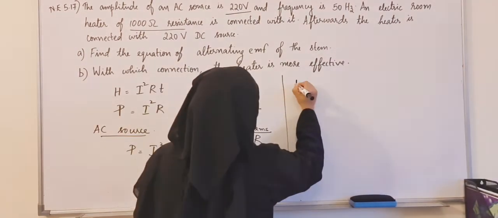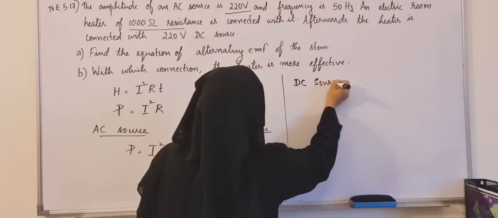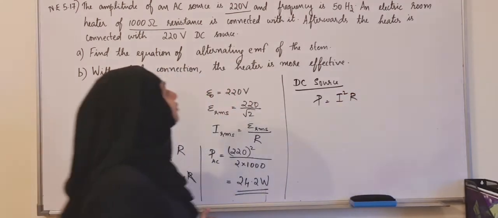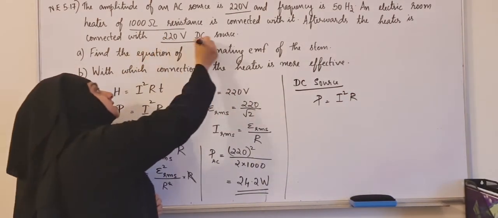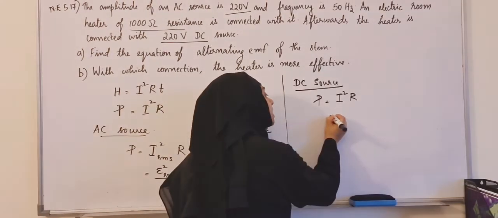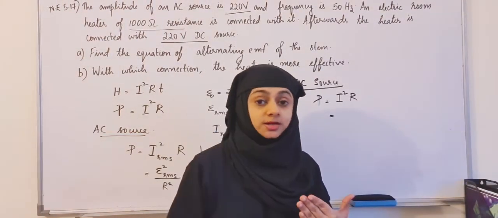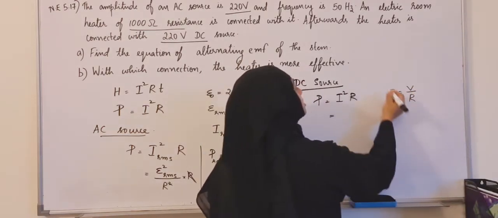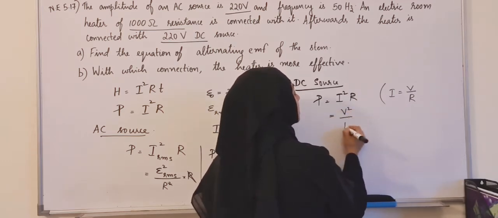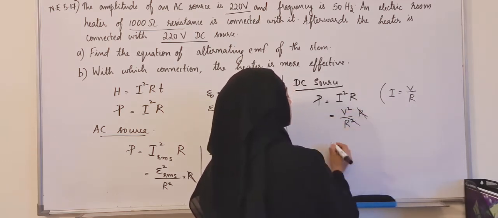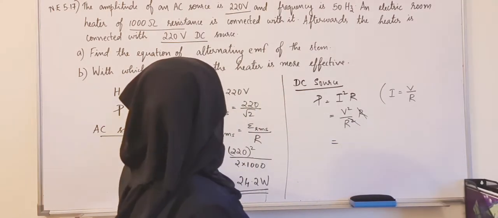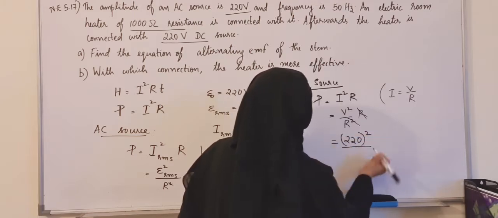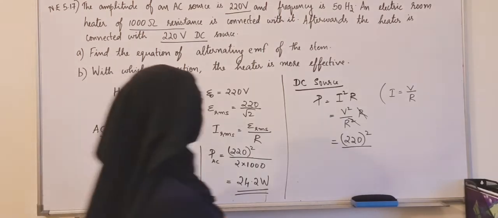So for the DC source, power is equal to I square R. Again, we don't know the current. What is given is the DC voltage. So I can write that current is equal to voltage divided by resistance. So instead of I, I am going to write V by R. So we will get V square by R square times R. One R gets cancelled. This is equal to 220 the whole square divided by R, which is 1000,